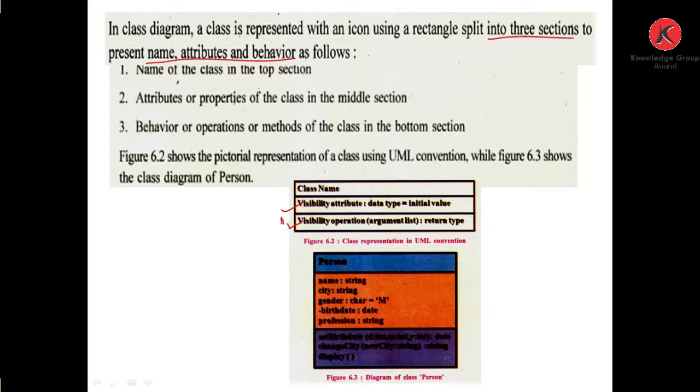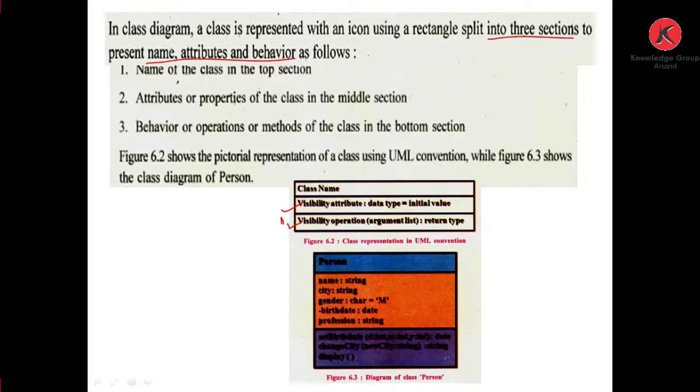So you can see here a figure, and a classification of UML notation. You can see here the person class, which is the name of the class as per the class diagram. Then in the middle section you can see name, city, gender, birth date and profession, which are known as attributes or properties.